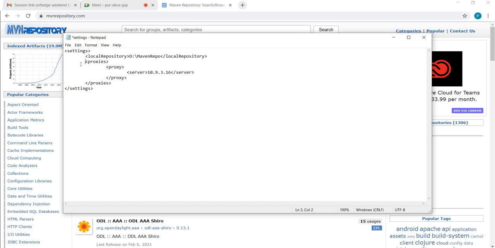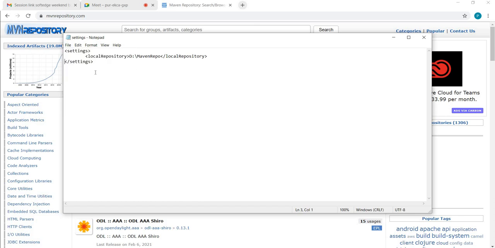So if you cannot make any direct internet requests, and it has to go through the proxy, then for Maven also it is the same thing, because when Maven downloads from the central repositories, that is nothing but an internet request, isn't it? So if you don't have the proxies set in the settings XML, Maven will try to access mvnrepository.com directly, and your organization's network won't let it do that, right? So Maven will not be able to download anything in that case. So these kinds of things go into this settings.xml. That is the very important point I want to make here.